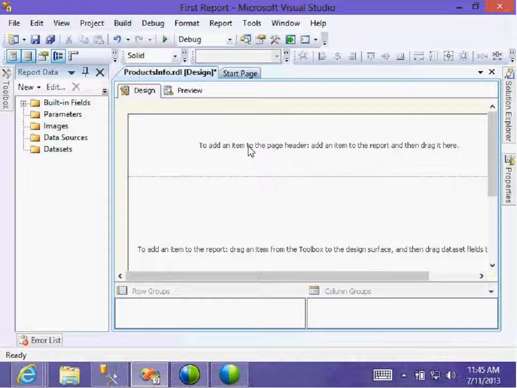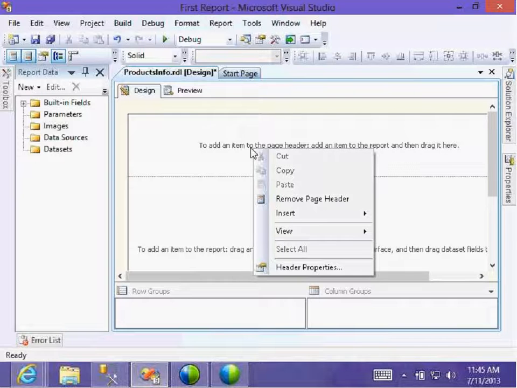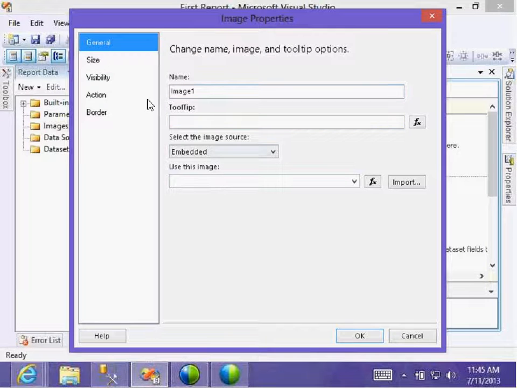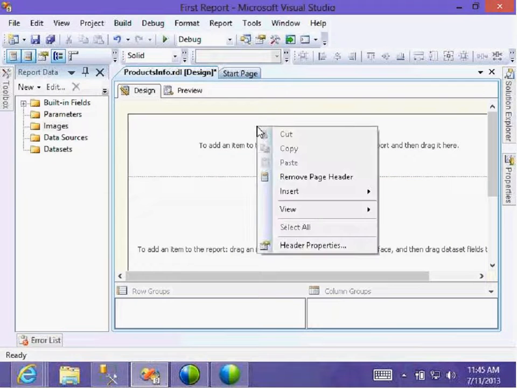Now, to add your company logo and company name, if you want to add a separate image, the images you add will automatically be stored here, or else use the images from this view. Okay, like an image, if you want to add the company logo, you can use it wherever you want in the system.